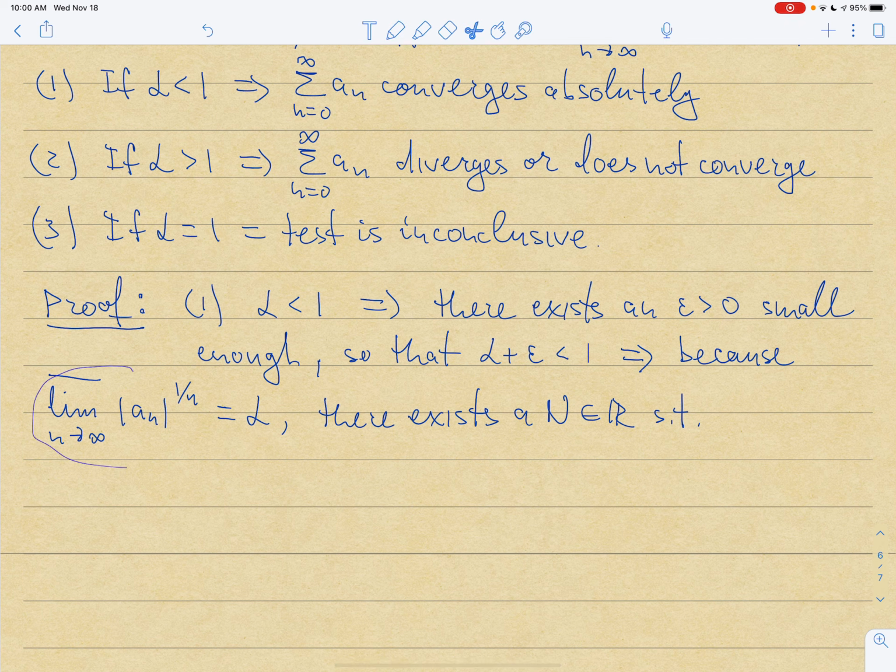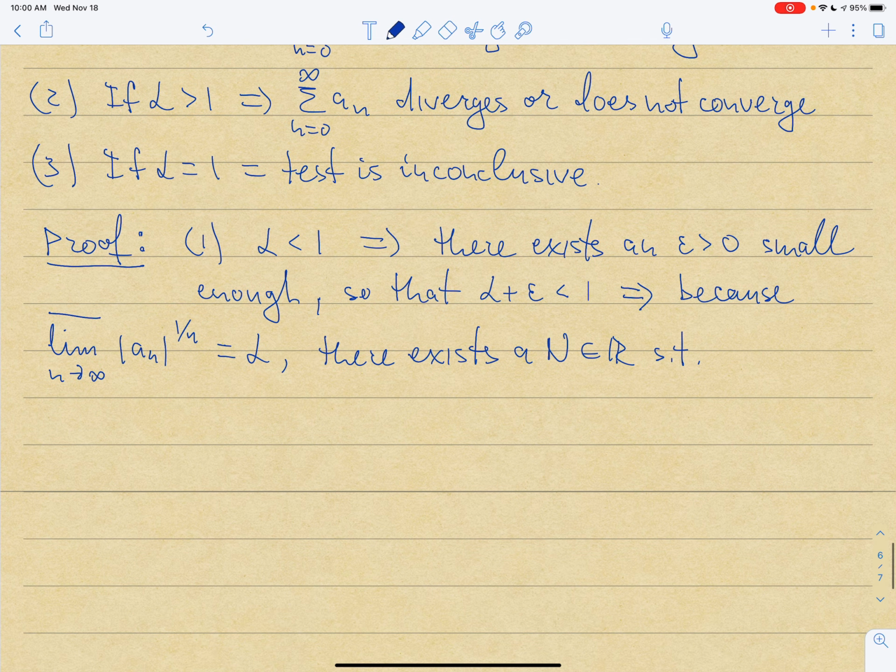What is lim sup of something? Lim sup of something is the limit when k goes to infinity of the supremum, n bigger than k, of absolute value of a_n to the power 1 over n, equal to alpha. This is exactly the same statement as the one up here, right? So the lim sup is actually a limit of suprema of your sequence when n is greater or equal than k. But then by definition of a limit,